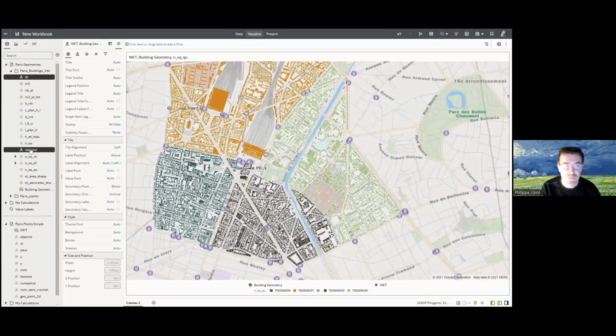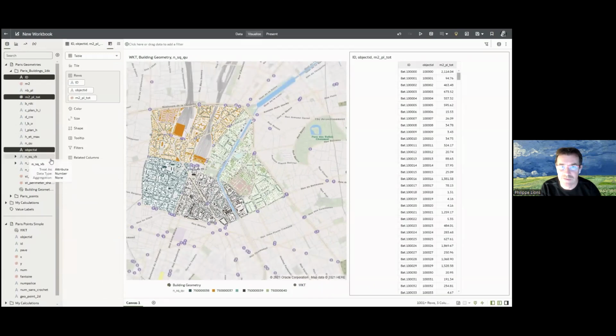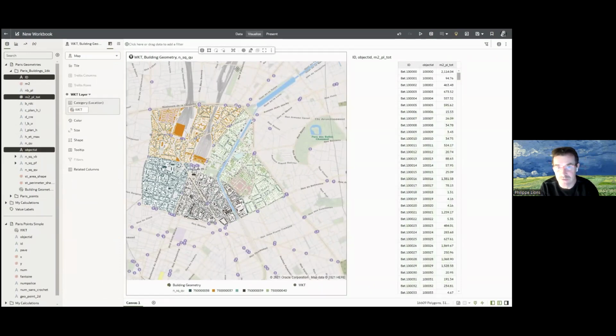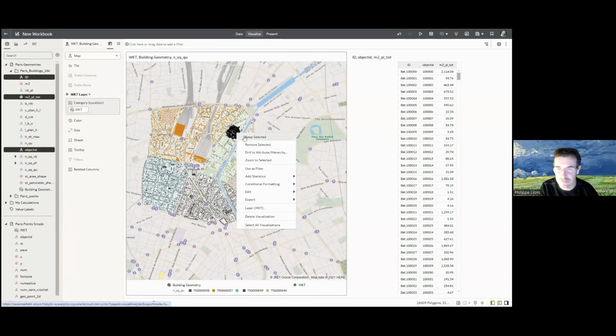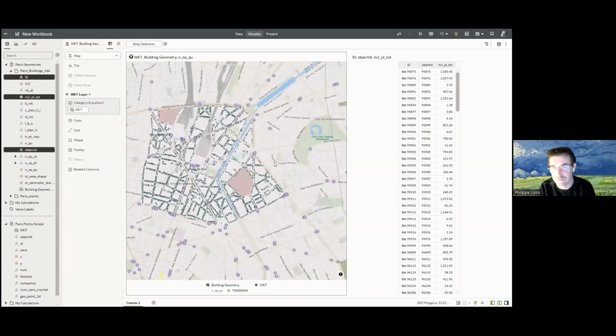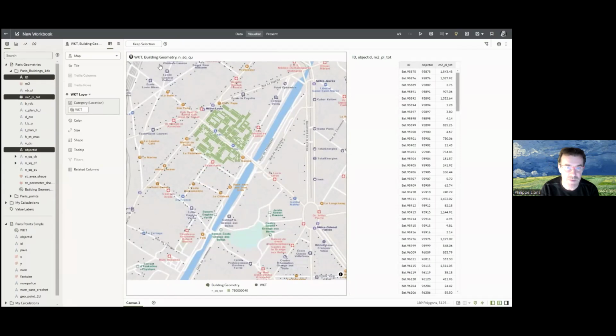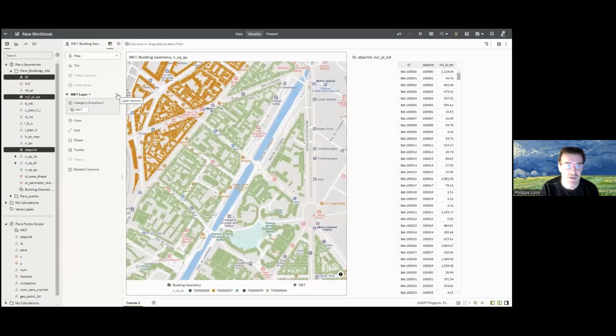Now the interactivity of the map doesn't change just because it is a geometry. In this case, I have built a table on the right, and you can see as I select on the table, the geometry is getting selected on the map, just like you're used to. Even though we're showing about 16,000 polygons here, I'm selecting some polygons. I'm going to keep selected only these polygons, and of course, my table is filtered. So the same interactiveness that you're used to with maps works with geometries.